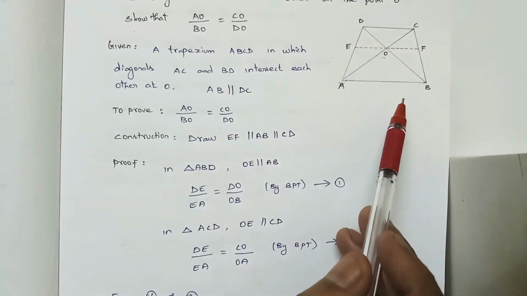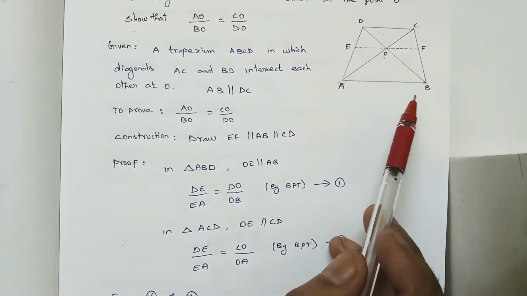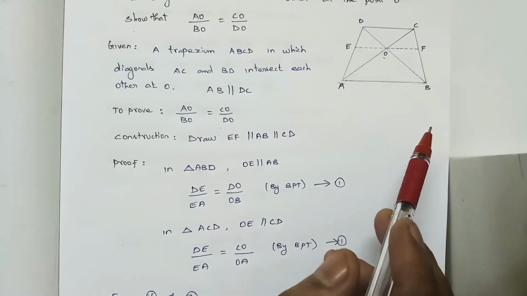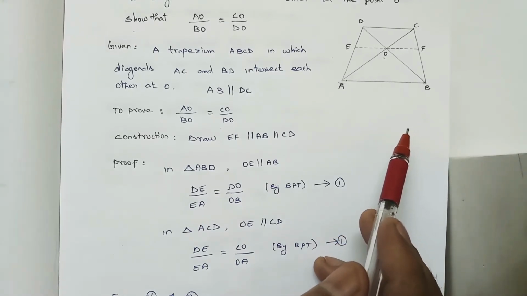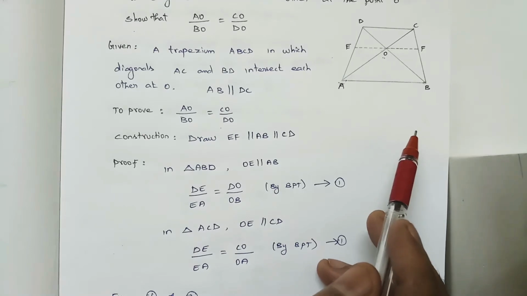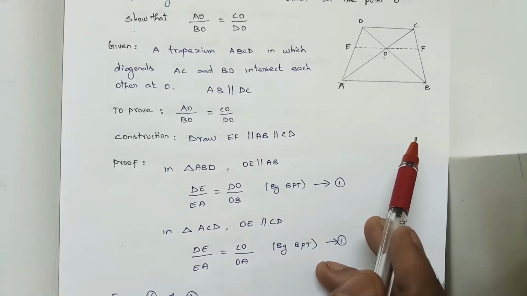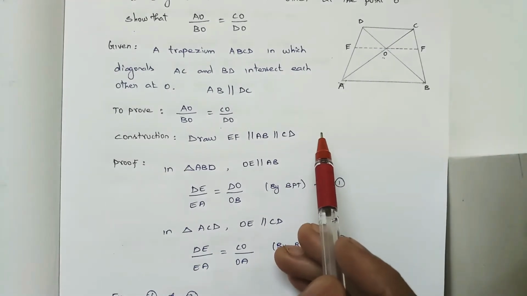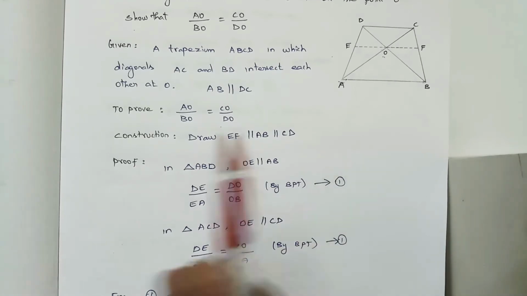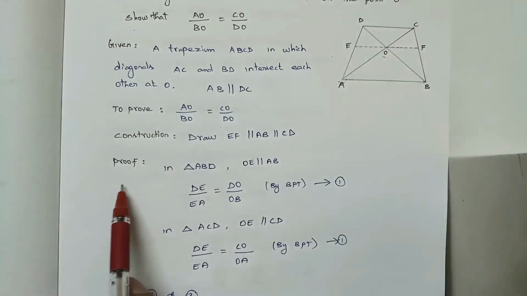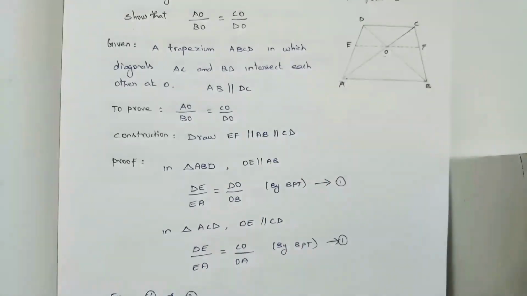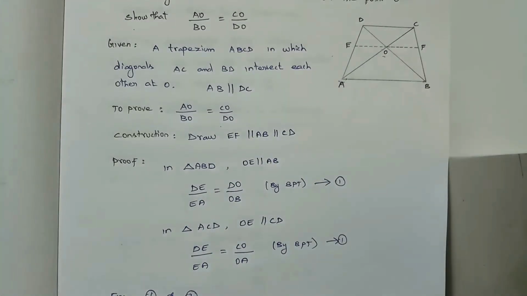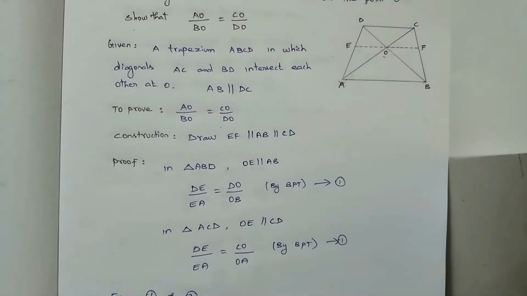We are having so many chances. So we are having 4 triangles. Among all the 4 triangles, we are having parallel lines. So with the help of BPT, we can easily prove whatever they are asking. Among the 4 triangles, which triangle you need, you can take and by using the BPT property, you can prove whatever we need. Okay, here I am taking triangle ABD. See, before proving, just listen.